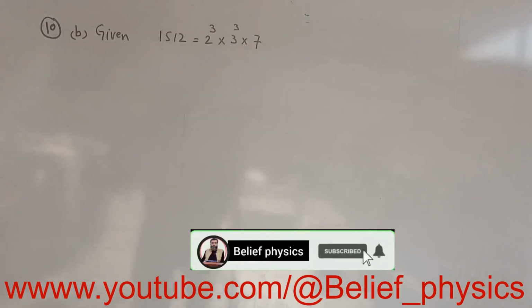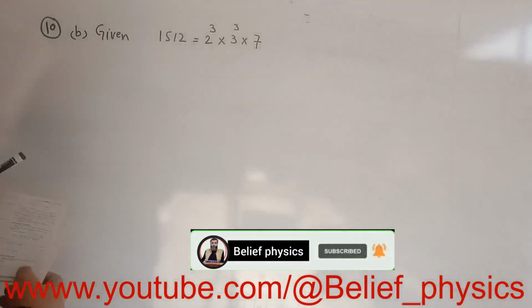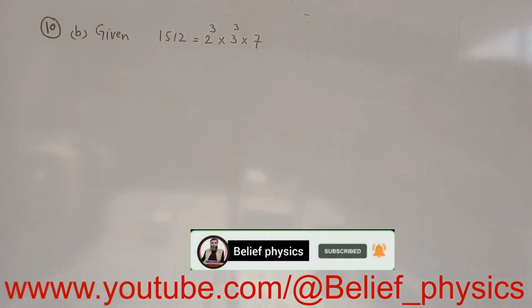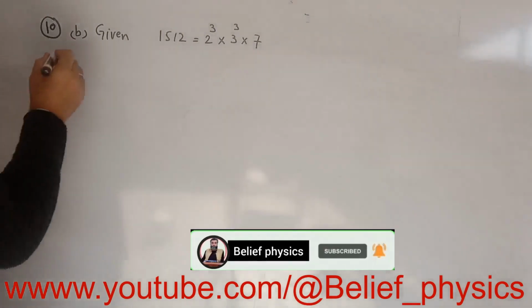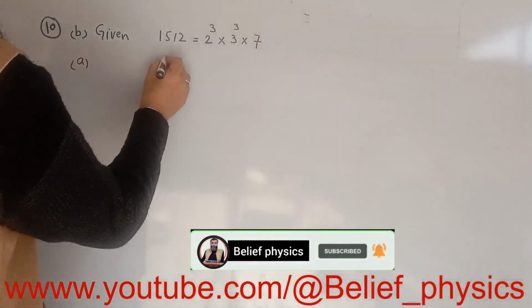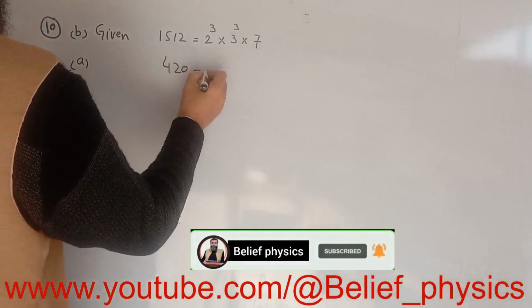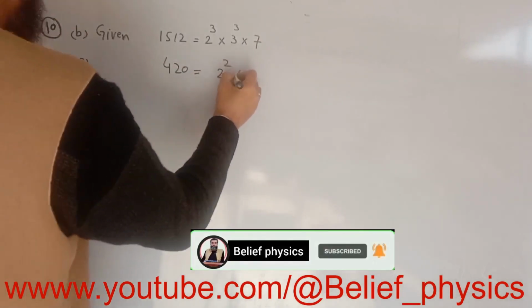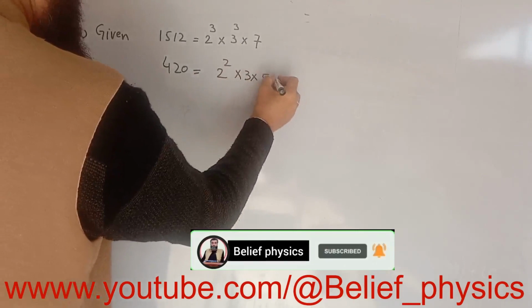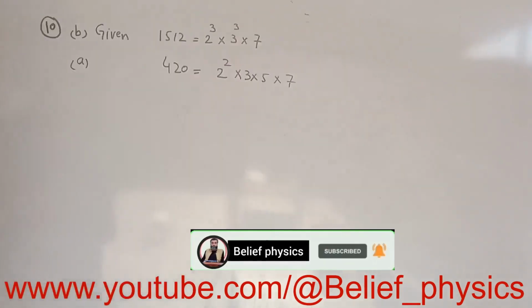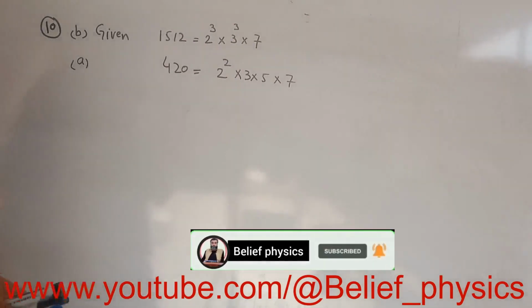B part is, given that 1512 can be written as 2 cube times 3 cube times 7, find the highest common factor of 420 and 1512. In part A, we have written 420 as 2 square into 3 into 5 into 7. So the highest common factor, HCF, of 1512 and 420 can be calculated by taking the product of the common